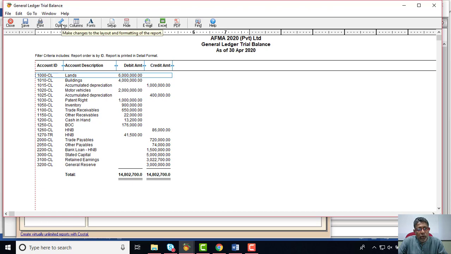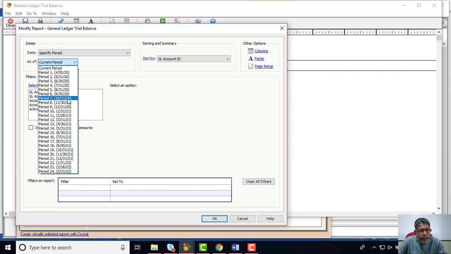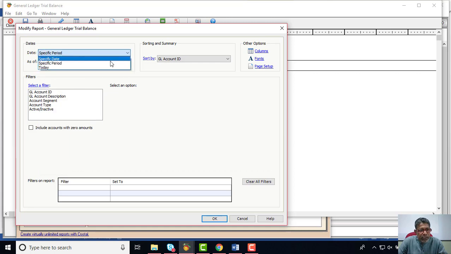Whereby you need to go to the option command available in the menu, and then from there you can see the date specific drop down, and then you can go to the specific date, and from the down you can select the specific date, or you can keep the specific period, and then from down you can see all the periods, whereby you need to select the appropriate period which the beginning balances entered. So we have entered the beginning balances as of period number 1, prior to that current period and also the other period. So specific periods are there. Another option is today, right?